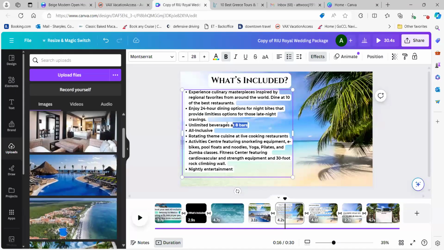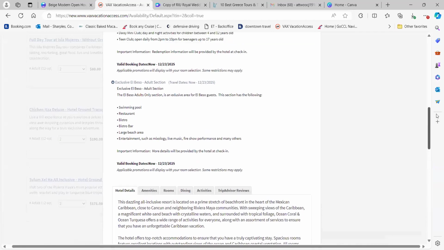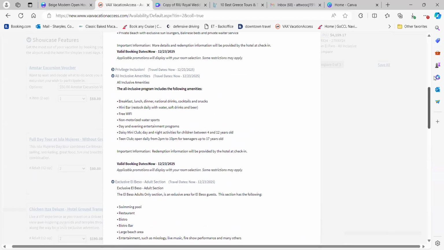I don't always put the amount of bars, so I'll put unlimited beverages depending on the locations. Many of the rooms will also put in there, they'll get like daily water and beer and soda usually put in their rooms. This one I didn't see themed cuisine. So if they have a theme, some locations have themed cuisines, which I'll leave on there. There's entertainment. And then activities, this is where I'm going to change up because obviously they don't have all of these. So we're going to go look at some of the activities and put some of those activities in here so they can see what they have to do.